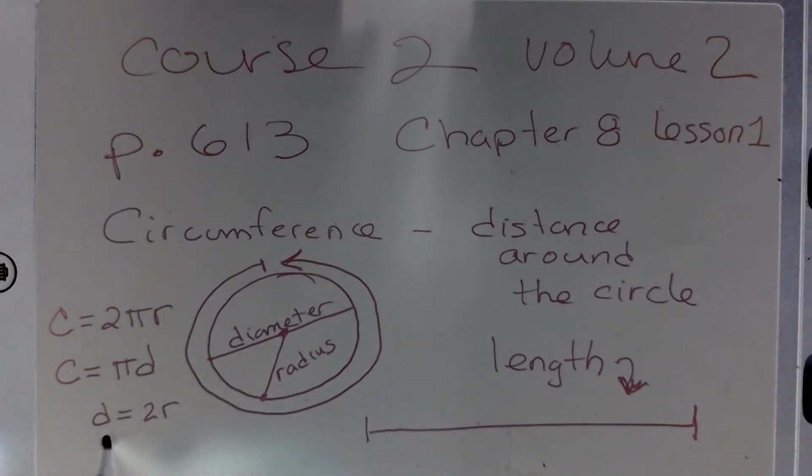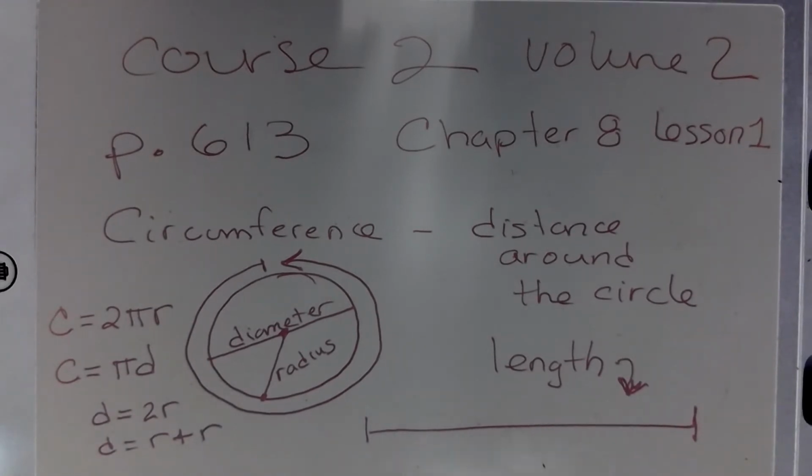Again, diameter is equal to what? Radius plus the radius. So all you need is to know this formula or this formula. Both formulas will be on the reference sheet. I repeat, both formulas will be on the reference sheet. The other thing is you need to know what this symbol is, this symbol right here,